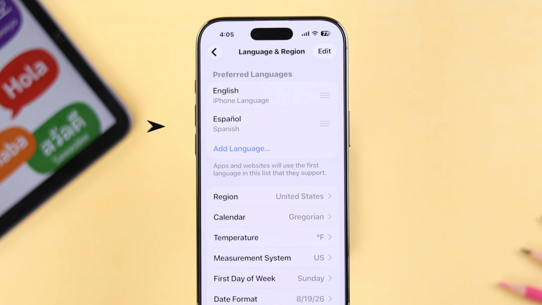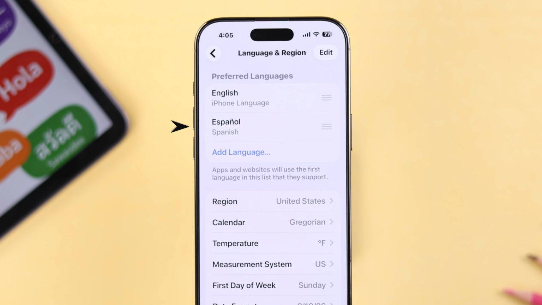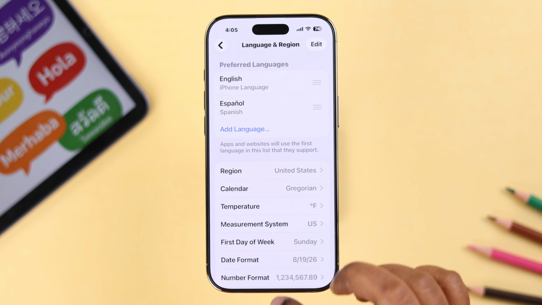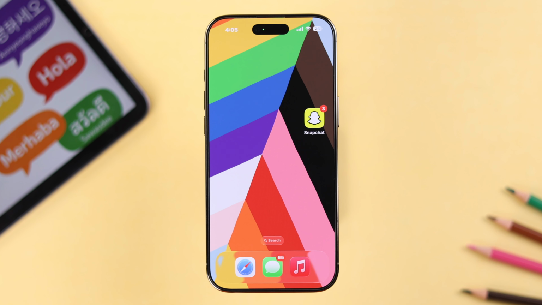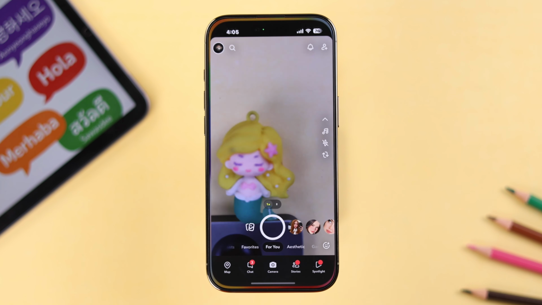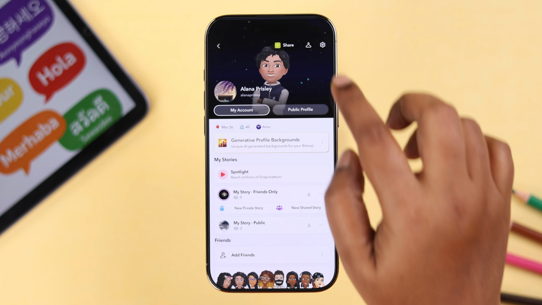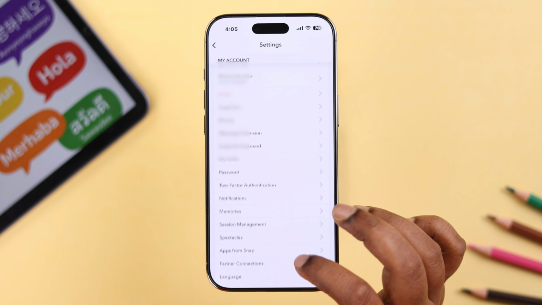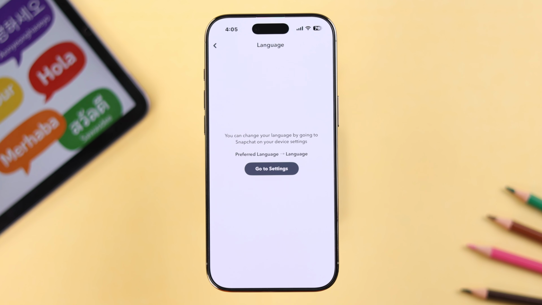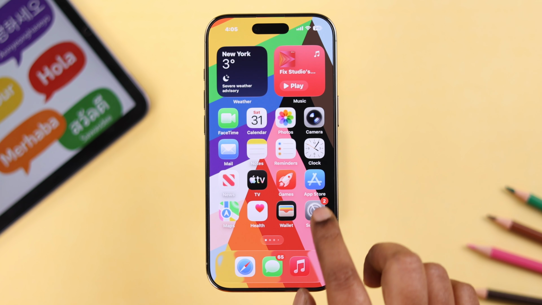And as you can see, it'll be added to this list along with English, or the primary language, like whatever you are using. To apply this language, right after that, you can enter the app. From your profile, go to Settings, scroll down to Language. Now, as you can see, you can either go to Settings from here,